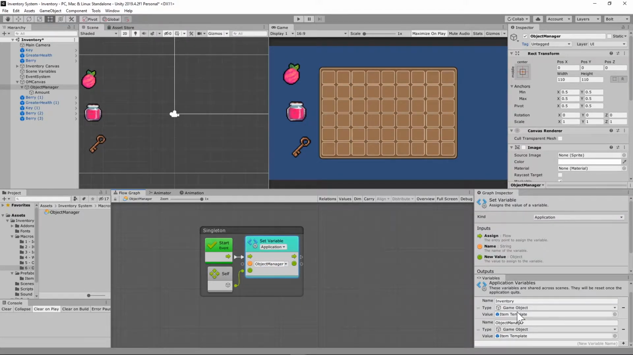And the way that we do that is just go to our app variables under our variables tab and create a new app variable, call it Object Manager. You're going to set that to a game object, and you'll notice here that I'm using the item template again, and the reason why is it doesn't matter what we have in this slot, because as we set up the singleton principle where we set the application variable to this game object whenever the game starts, it will change this,